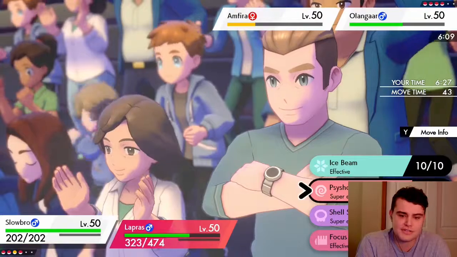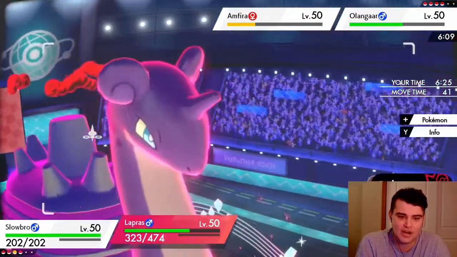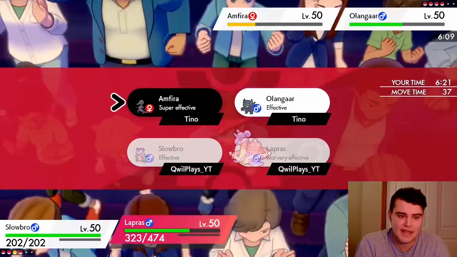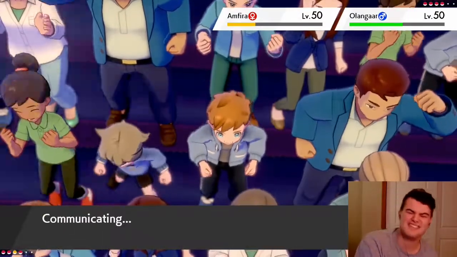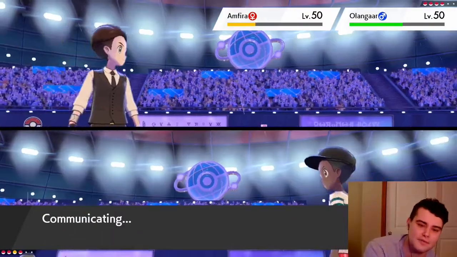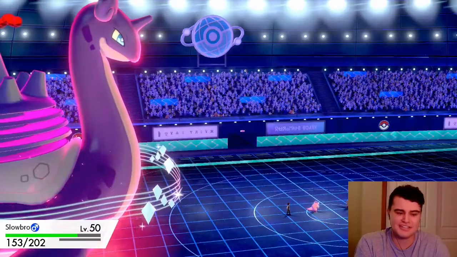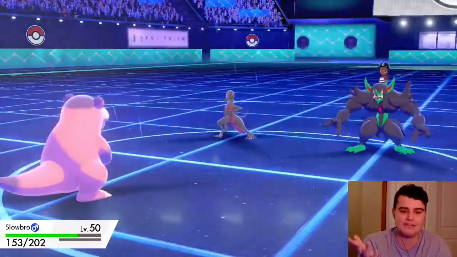So I am going to go ahead and go for the Shell Side Arm on the Grimmsnarl to do a whole bunch of damage onto it. And I'm going to go ahead and Max Geyser the Salazzle just to knock it out. Okay, what do we see? We see a Sucker Punch go off onto Slowbro, which actually does a lot less than I would have expected. We're under